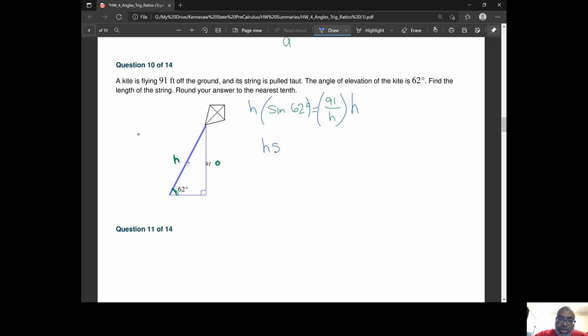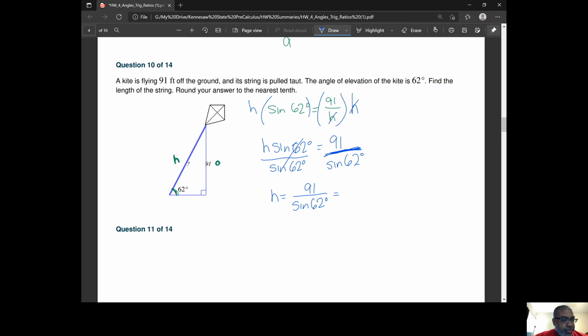You end up with h sine of 62 degrees is equal to, those h's cancel, and you just end up with 91. Then we're going to divide by sine of 62 degrees, because when we put it in our calculator, we want to put one thing in one time to solve for what we need as much as possible. We don't want to keep going back and forth, because the more you do, the more you get confused. Okay. So that means that h is equal to 91 over sine of 62 degrees